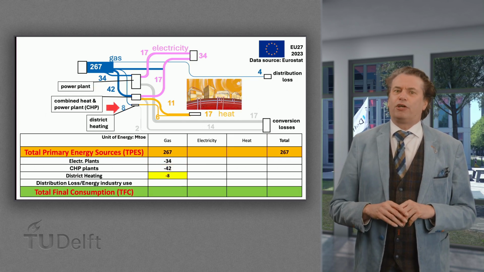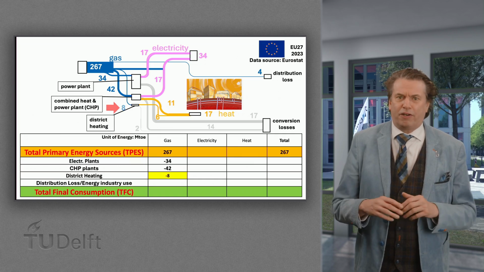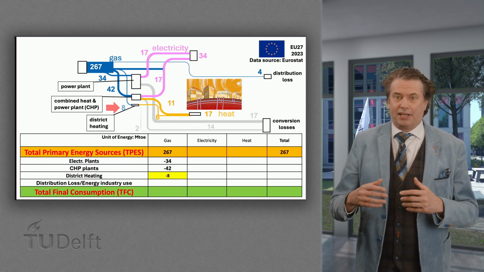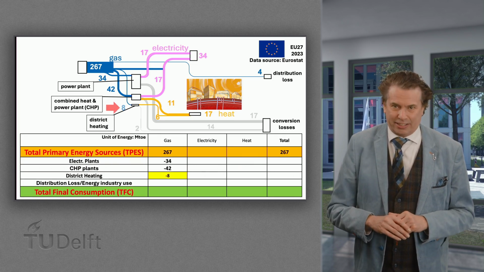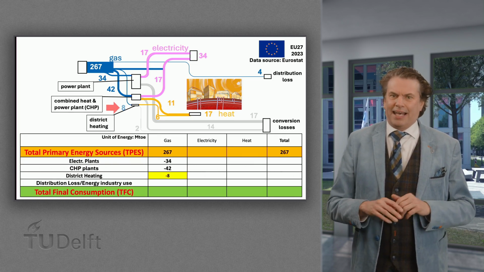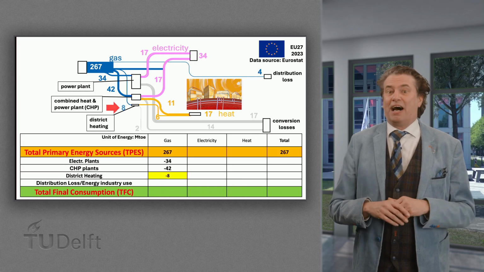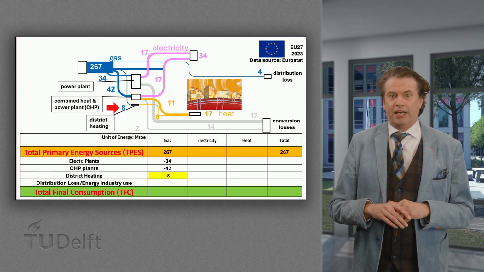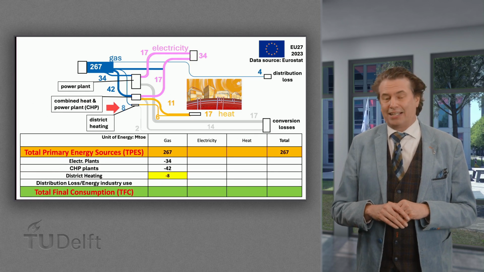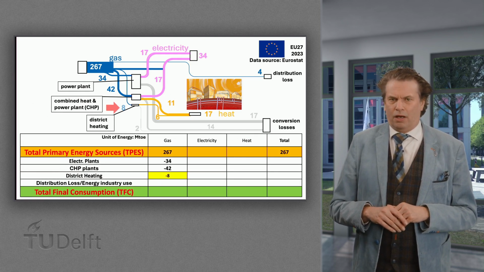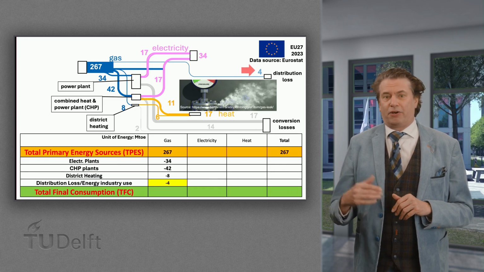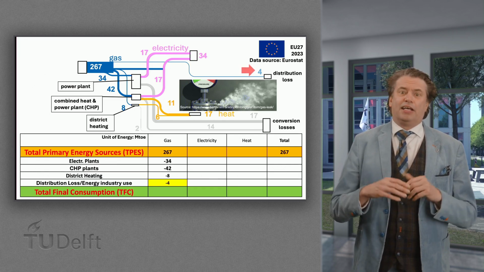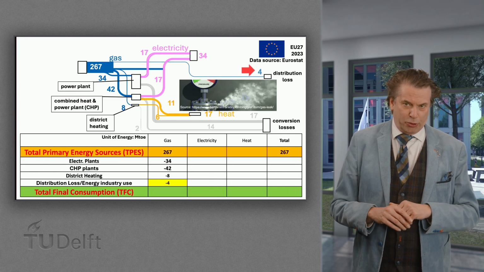And a small fraction equal to 8 megatons oil equivalent of chemical energy in gas, indicated again by the red arrow, is utilized to power district heating. As the gas is being consumed, this ends up as minus 8 megatons oil equivalent in the district heating row and gas column. An even smaller fraction of 4 megatons oil equivalent in gas, indicated by the red arrow again on the right, is lost in its distribution.